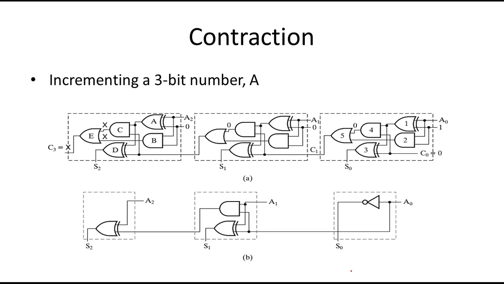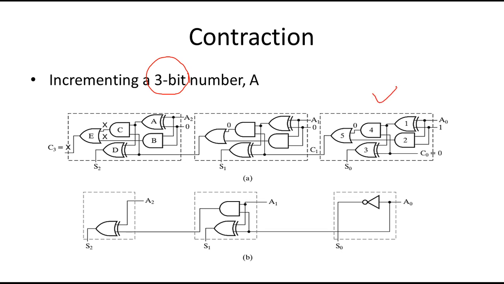For example, adding 2 4-bit numbers is a more complex task as compared to just incrementing a number. So in incrementing we just add 1, but for adding 2 4-bit numbers we require a more complex circuit to add complete 4-bit numbers. So the first diagram A is an incrementing circuit for adding 1 in a 3-bit number. So here the element is 3-bit. So we have a fixed memory of 3 bits.